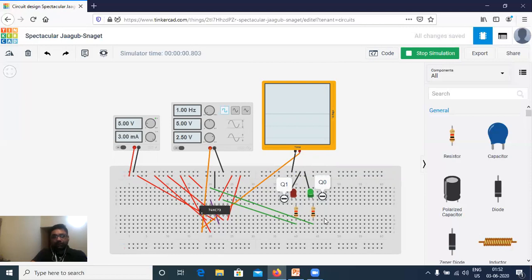I told you in the beginning of the simulation it will lag because it is working on the internet. So initially you will get some lag. Then if you have good internet connectivity, the lag time will be less. But once it keeps on running, it will be all smooth. So initially you just wait for some time, then it will run smooth.